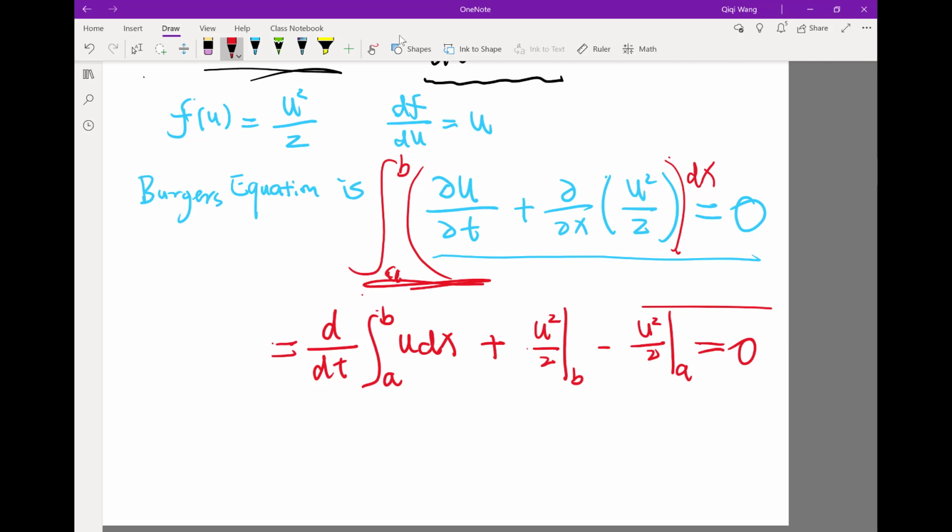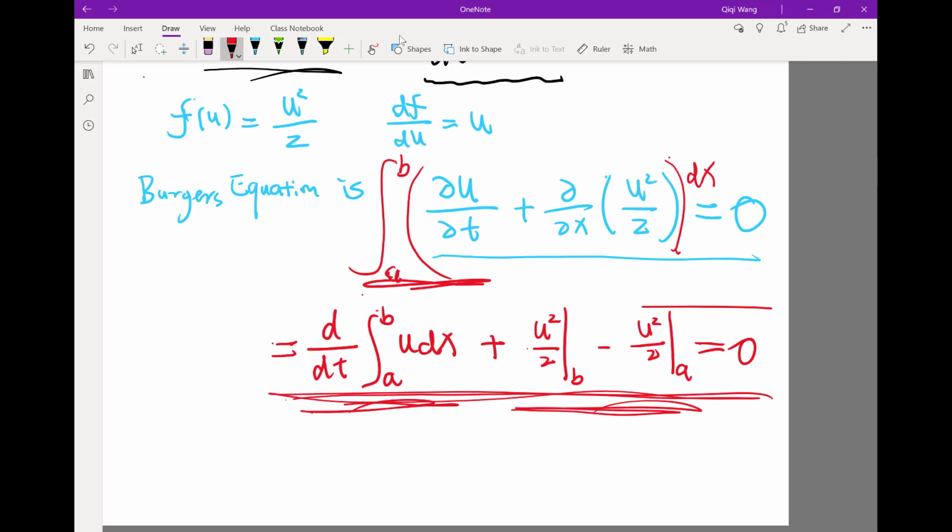So this equation actually doesn't require u to be differentiable. Because now the spatial derivative is gone, it becomes this. There is nothing that requires u to be differentiable. And the time derivative becomes this. Oh, there is still a time derivative. But actually, the time derivative of the integral existing is a weaker requirement than u itself being differentiable in time.